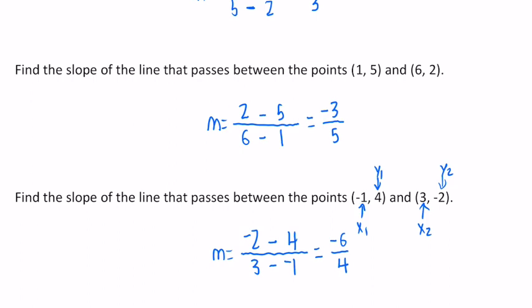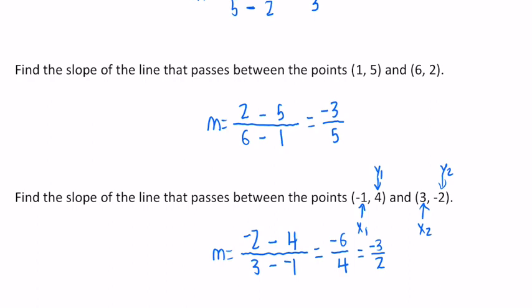Now in this case, we have a fraction that we can reduce. 6 and 4 are both divisible by 2. So our final reduced answer for this one, when we divide both of those by 2, would be negative 3/2 for the slope of the line passing between those points. If you'd like to try the next problem on your own, pause the video now and resume when you're ready